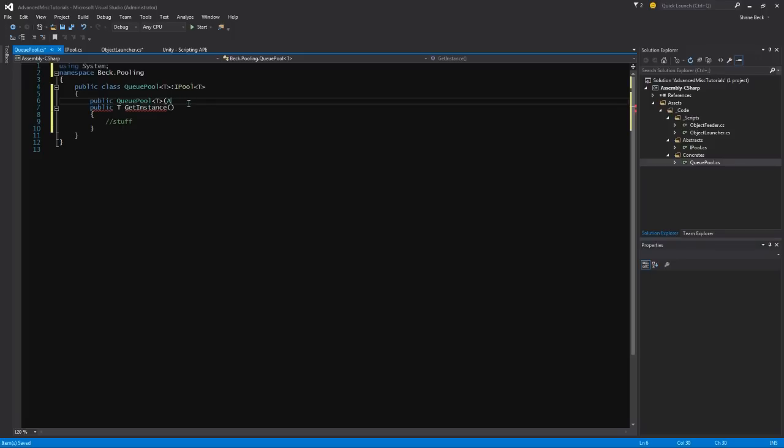Oh wait, no, it's going to be a func, excuse me. It's going to be a func that returns type t. So this factory method will return an instance of the class that it will then use for the pool itself. And we'll call this factory method. Alright. And we also want an integer containing the maximum capacity for the pool, or the initial maximum